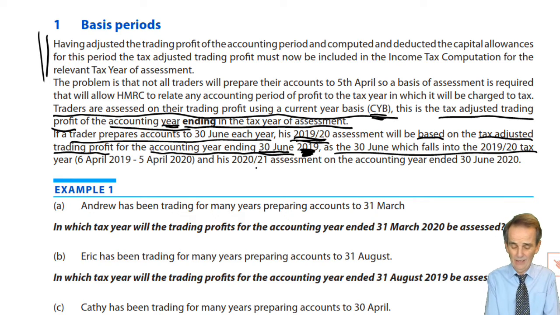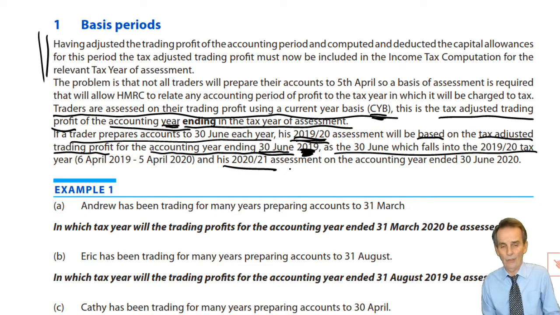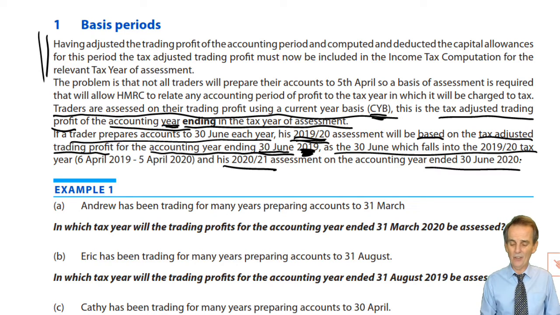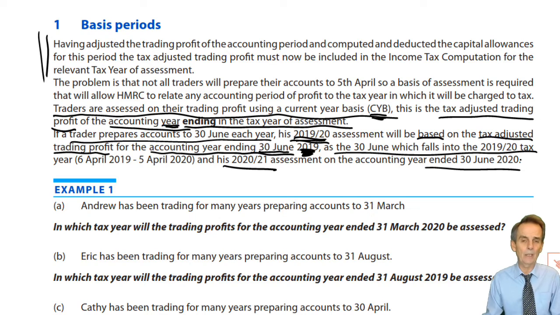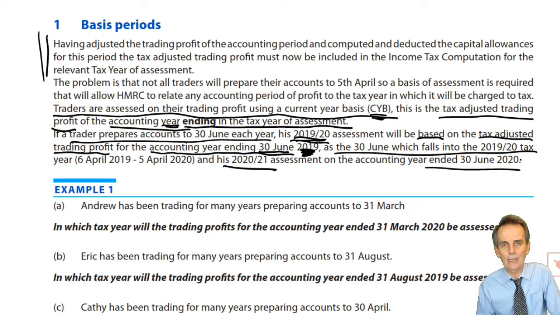And then it will go on. The 2021 assessment: what 30th of June falls in the 2021 tax year? That is clearly the year ended 30th of June 20. Again, if I'm searching to get the CYB assessment for the 1920 tax year,